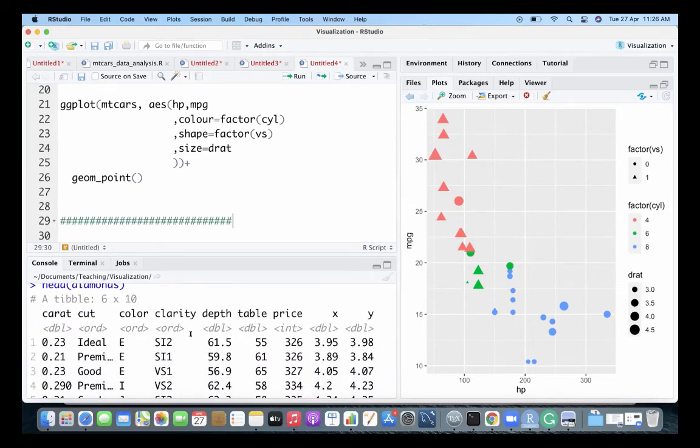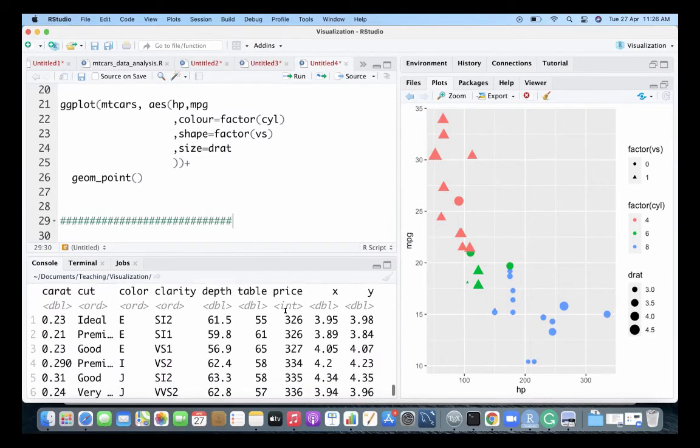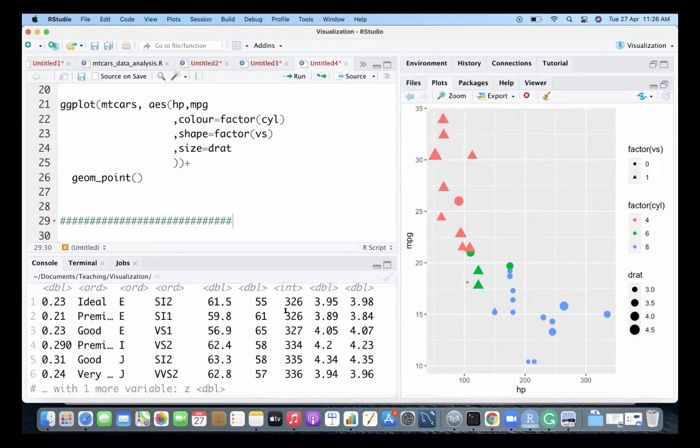Maybe you can take carat and price as 2 variables and write a code, and then one of you can present the code. Okay.